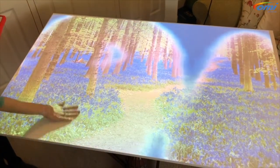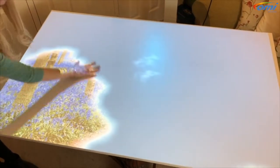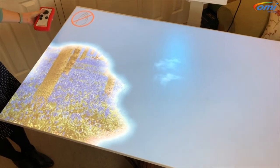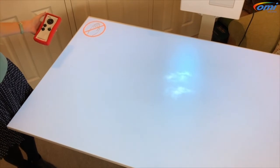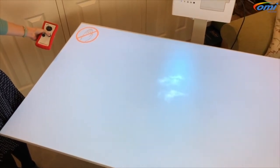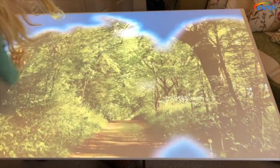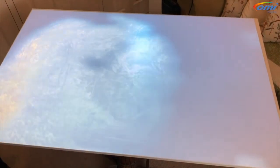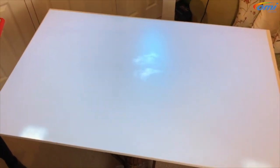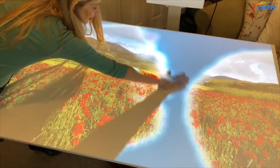And another feature at this point, if people are still obviously moving on the table, the bluebell walk will stay there. So the way to stop anyone interacting for that moment is to press the freeze button, and now any action over the surface won't work until that's recovered. Take away the freeze button, and now we should have our next image in the sequence, which is deeper in the forest. I'm just going to let that quickly recover again. And again, once that's fully back, we can reveal the next one, which is our final image, a poppy field